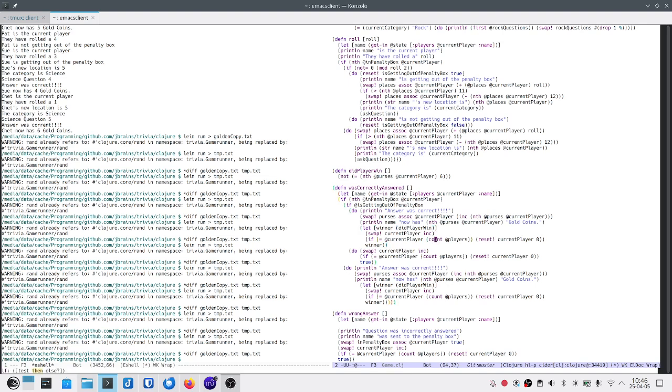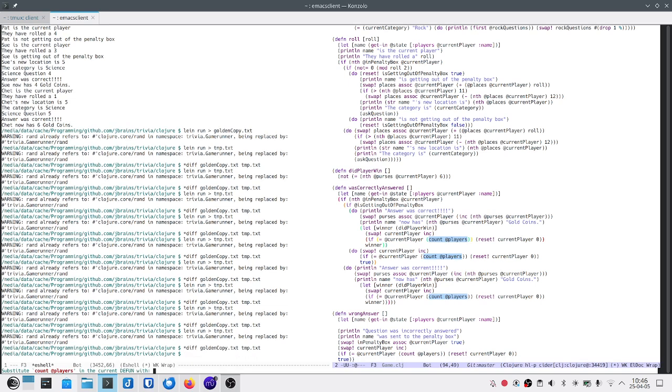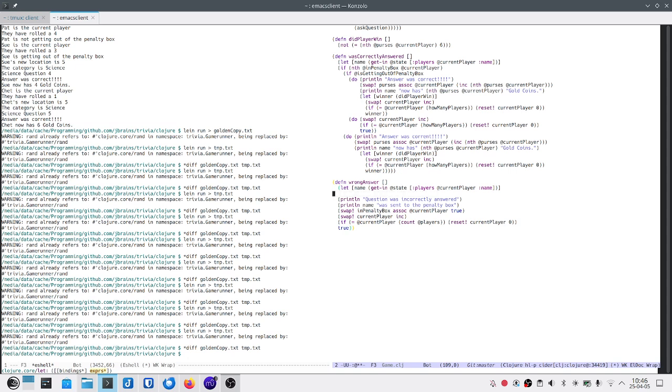We have a function for this. How many players is a function which would tell you how many players there are. Let's do that here as well. There's a count players here. Let's get rid of that.